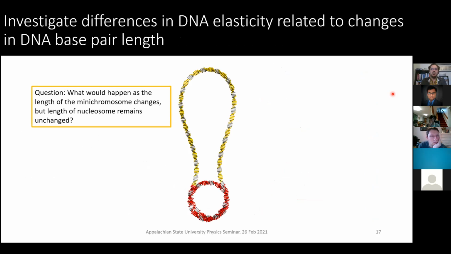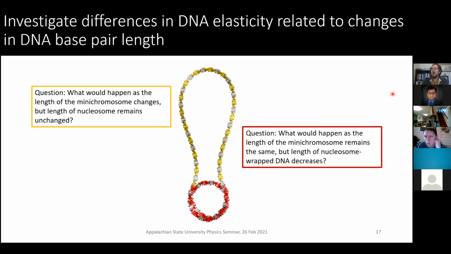As Bryn had mentioned, there could be different ways of unlocking or increasing or decreasing the supercoiling, and that might have to be a function of the overall length of our mini circle. But there's also something that we can look at, where what if we kept the overall mini chromosomal circle the same length, but we change how many base pairs are actually binding, or simulated binding, to our protein, and the rest becomes free to move optimized DNA.